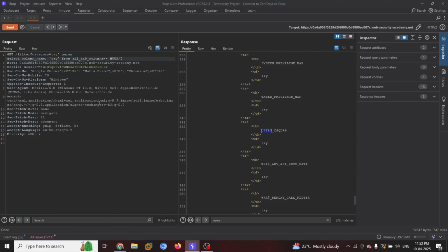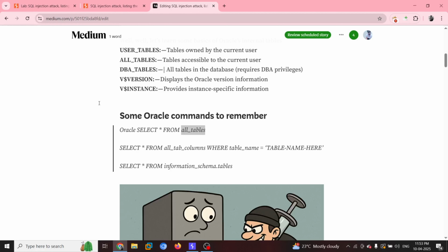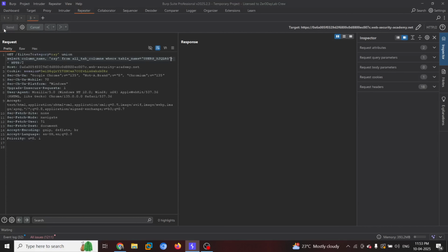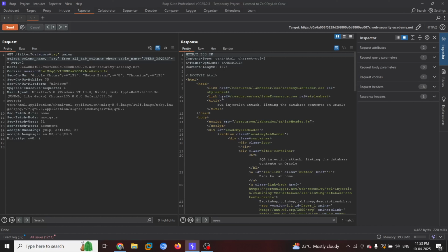So this is the command we have, and then we have the table name. So where we are specifying that the table is this, we will be using the where clause. I have covered this in our previous lectures as well, but you can go ahead and read the Medium blogs for that as well. Where, what exactly? Table underscore name equals to what? Single quote, because it's a character. Then we will be copying this table name from here, paste it here, close the braces and hit enter. There you go. We got 200 OK.